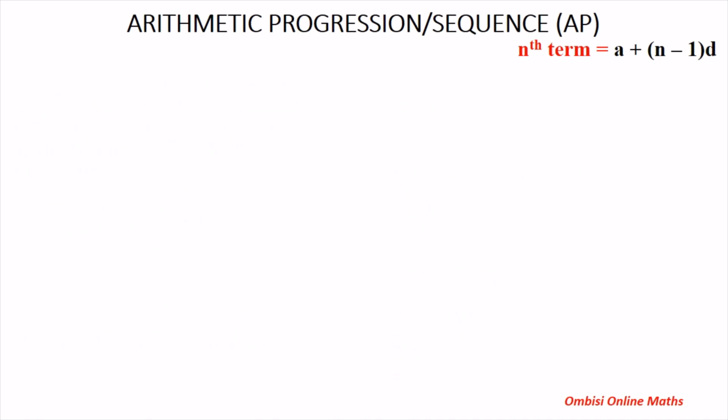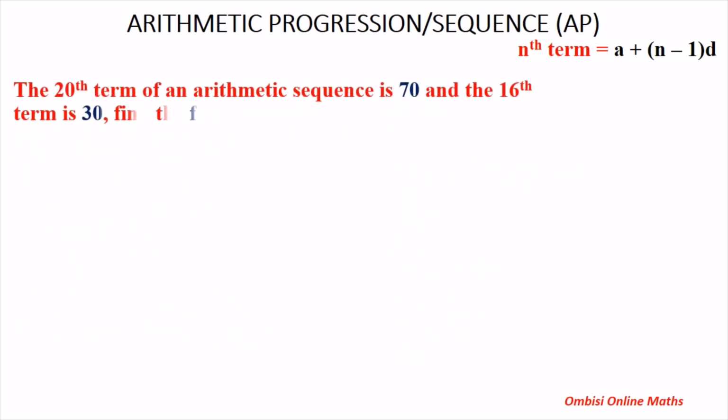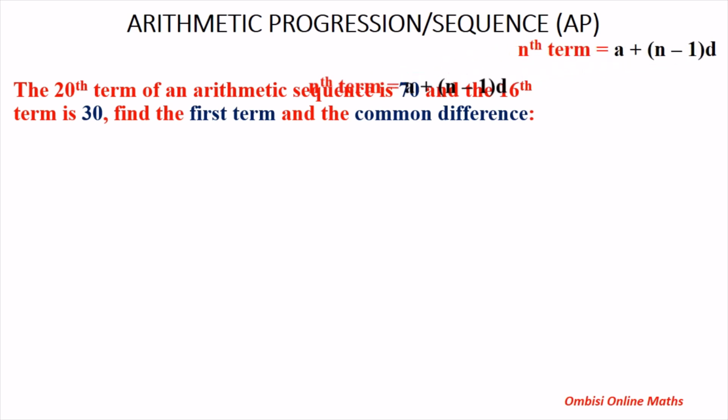Now, the second question says the 20th term of an arithmetic sequence is 70 and the 16th term is 30. Find the first term and the common difference. So we'll tackle the first bit of finding the first term. Now we know that for any arithmetic progression or arithmetic sequence, that is AP, the nth term is given by